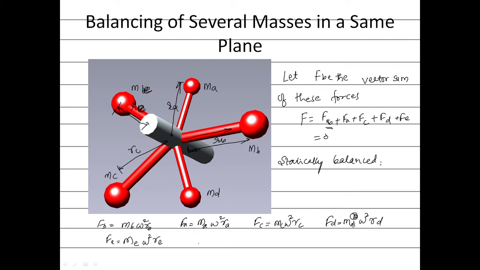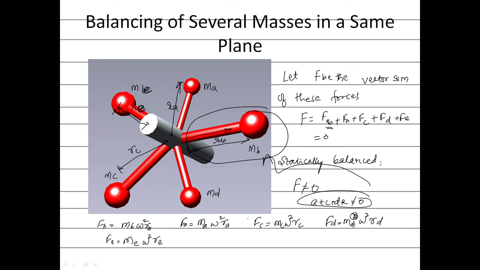Suppose we neglect the balancing mass, and we add the forces of the remaining four, A, C, D and E, and if their summation is not equal to 0, then it is necessary to go for a balance weight. Otherwise you can just clarify that the forces which are going to act on the member